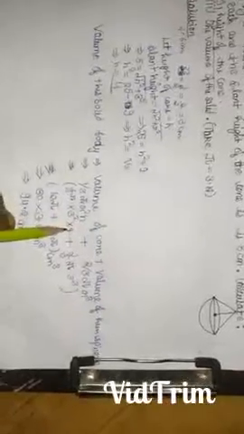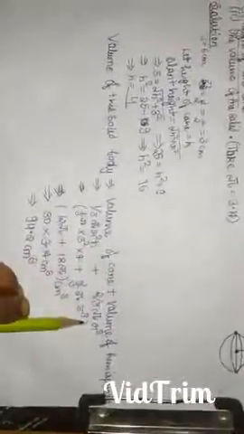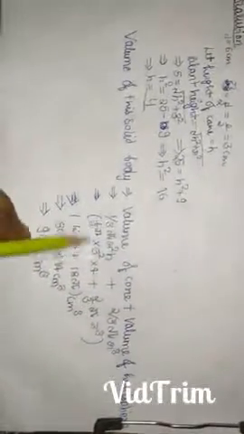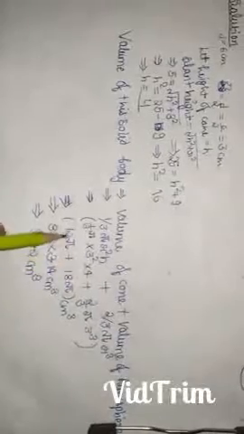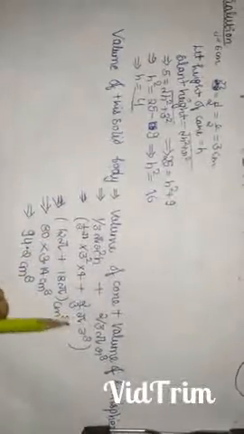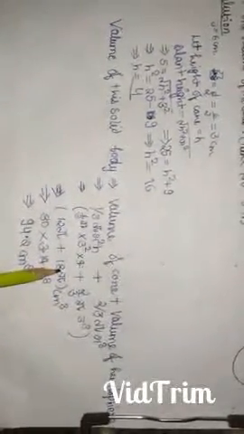have told you earlier. Volume of the solid body is equal to volume of the cone plus volume of the hemisphere. The volume of the cone is equal to 1 by 3 pi r square h, and volume of a hemisphere is 2 by 3 pi r cube. So 1 by 3 pi r square h and 2 by 3 pi r cube, 12 pi, 3 से 3 cancel होगा, फिर इंटू 12 pi हो जाएगा, और 3 से 3 ये cancel होगा तो 18 pi हो जाएगा. तो 18 plus 12, 30 pi.